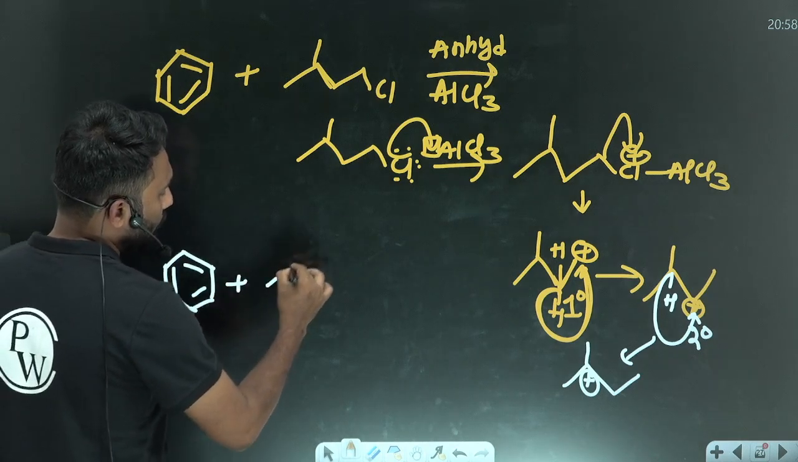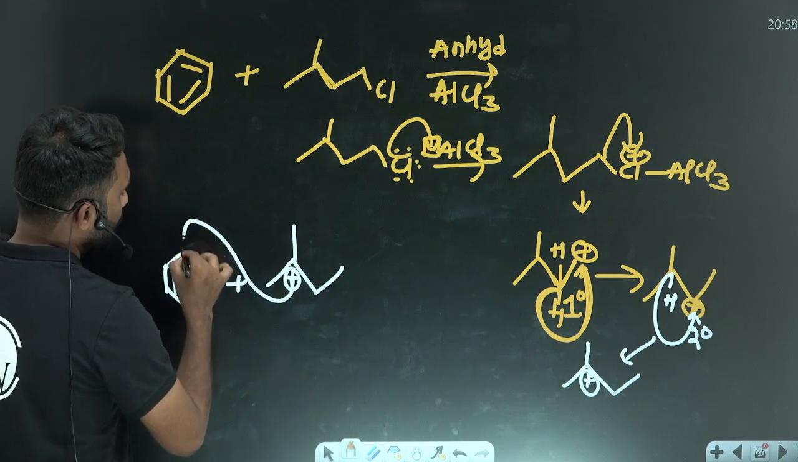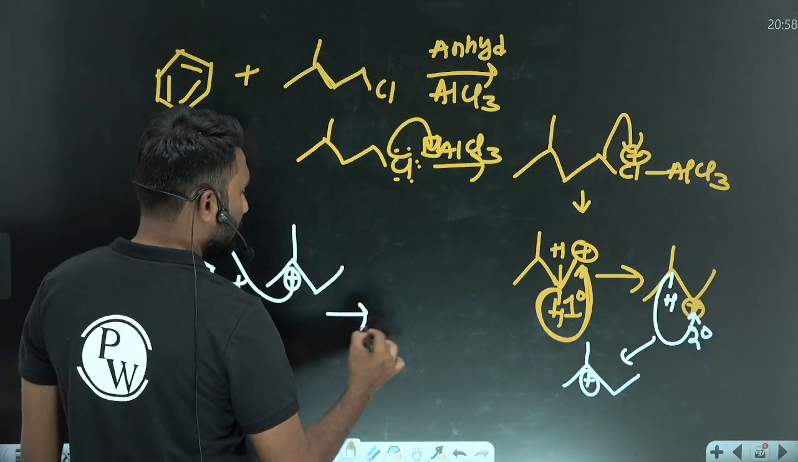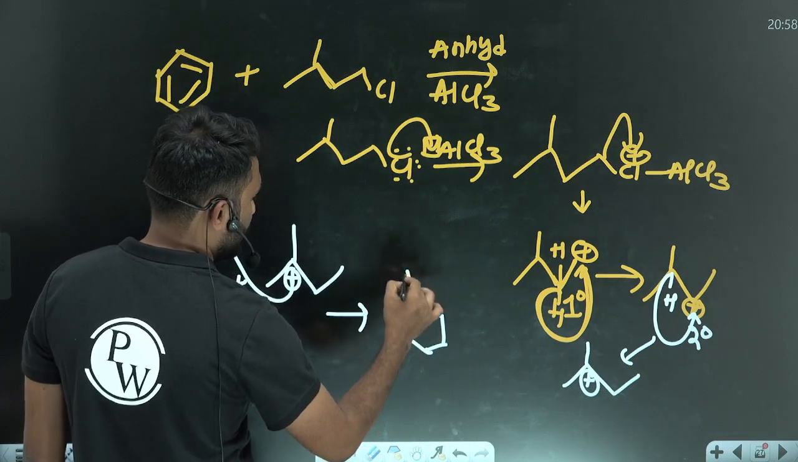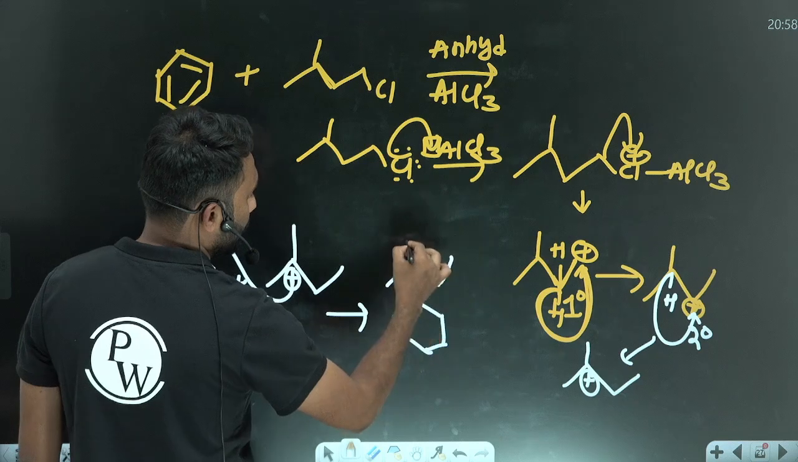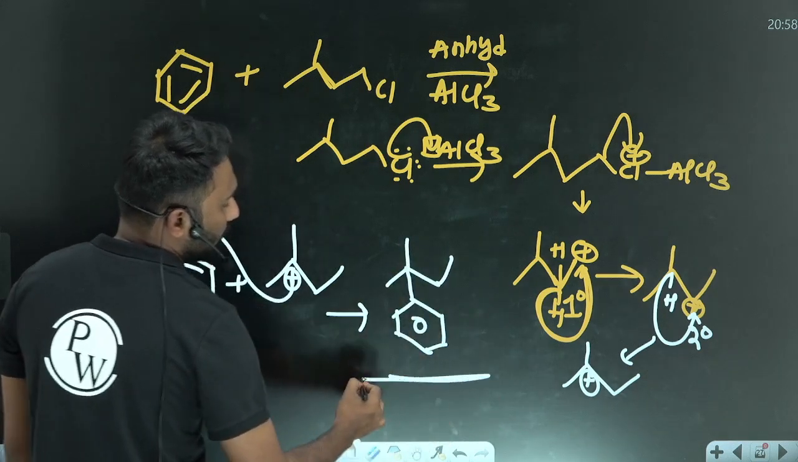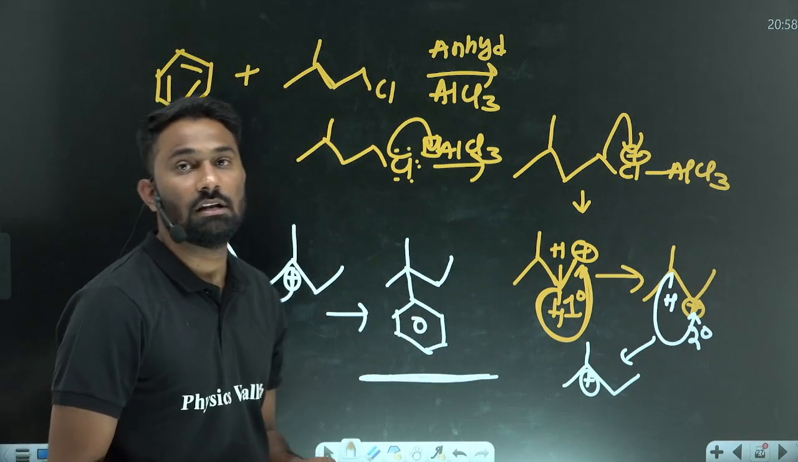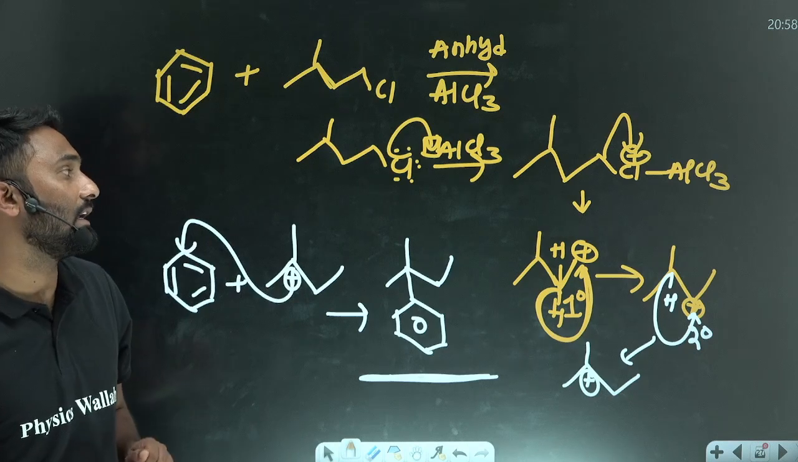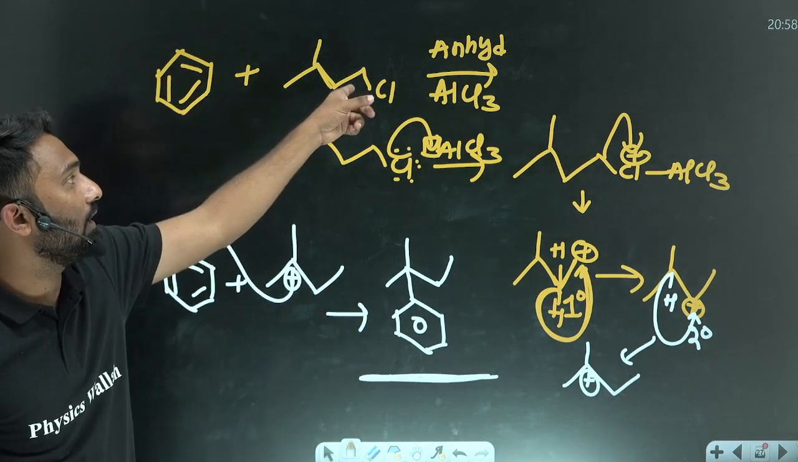Now this electrophile will be attacked to the benzene. When it is attacked to the benzene, now we will get this compound. Clear? When a Friedel-Crafts alkylation reaction is given, you have to be very careful. With these alkyl halides,